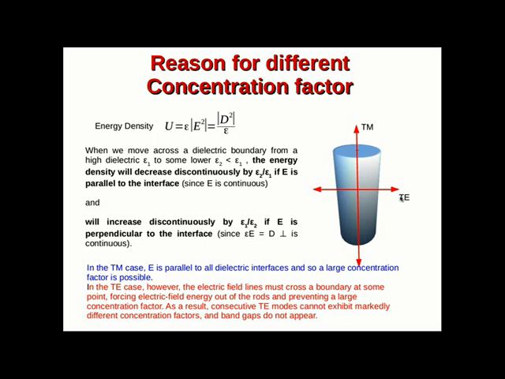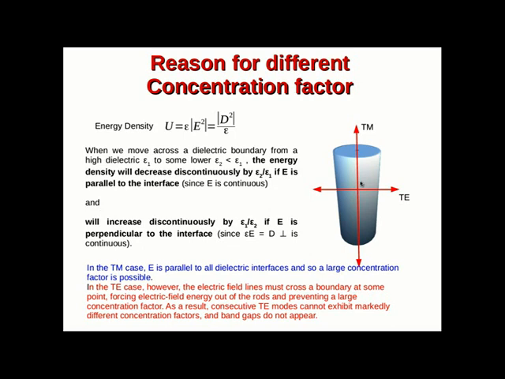So obviously you can now understand that for TM polarization, the energy density inside the rod, inside the dielectric region is more. This is why greater concentration factor for TM mode, and energy density inside the rod is less for TE mode. This is why lesser concentration factor,